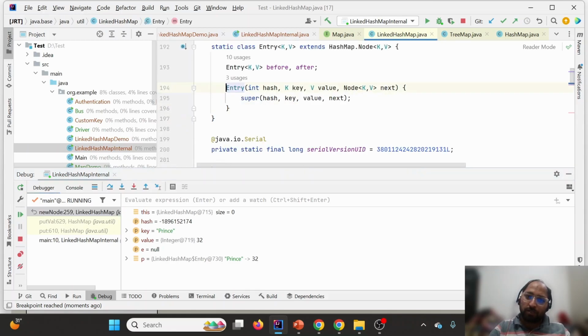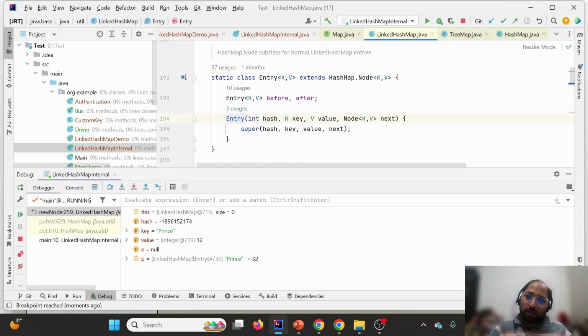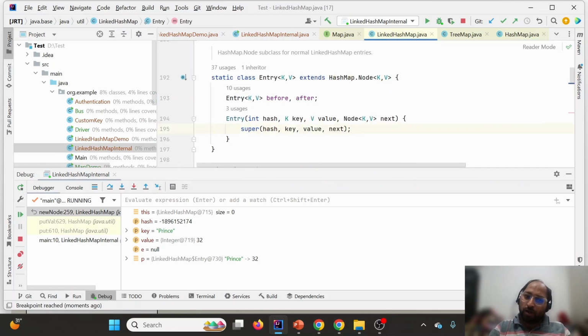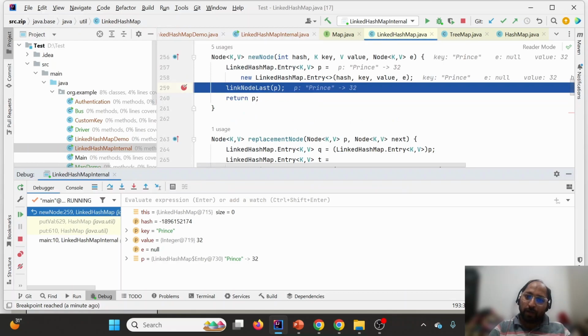So I'm going inside this. You will observe it is internally calling the node method of HashMap, by which they will create the same node. Along with that, they are maintaining two separate entries, which are before and after. So I'm coming back. Using this, they are maintaining the node along with before and after.